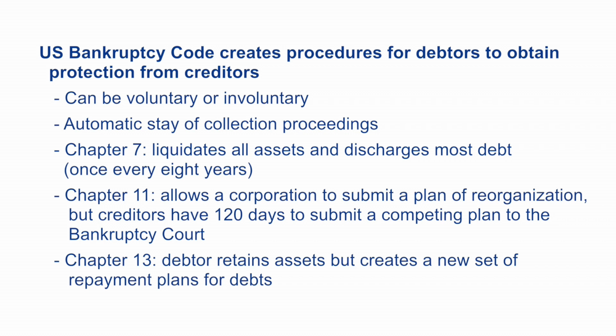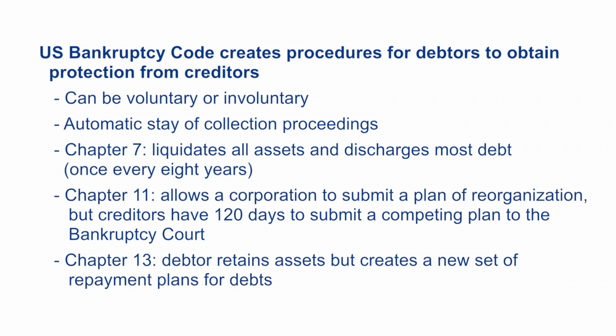And the purpose here is to give debtors a fresh start so that they can get back on their feet and keep going without being constantly weighed down by an unsustainable debt load. On the other hand, it does mean that creditors only get a fraction of the debt, so we don't want debtors to just do this with impunity, so you can only do a Chapter 7 proceeding once in any given 8-year period.